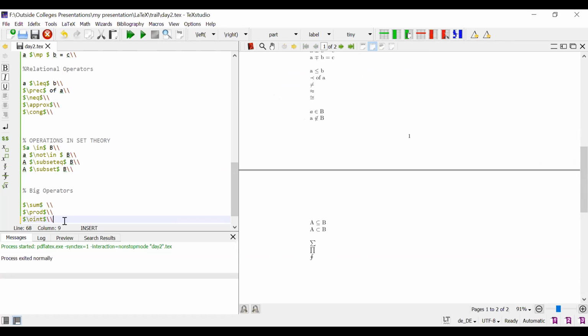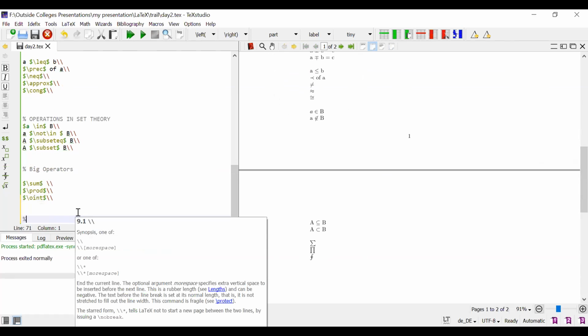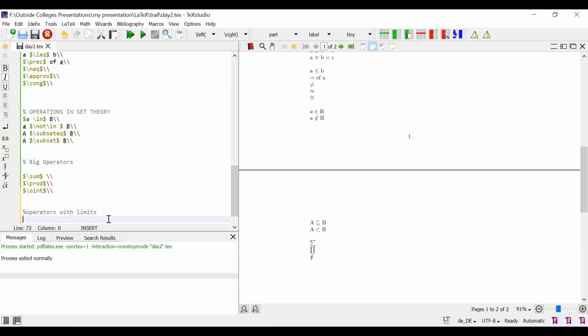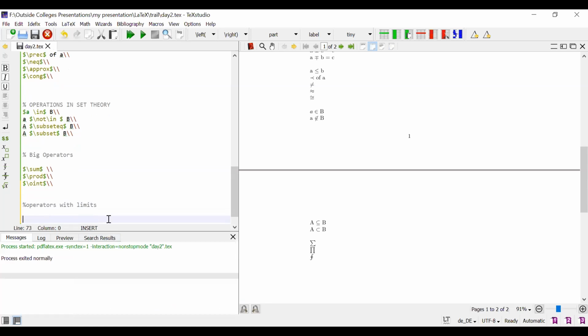Next, operators with limits. Operators with limits is important. Suppose I want to get a summation where i varies from 1 to infinity of a_i.